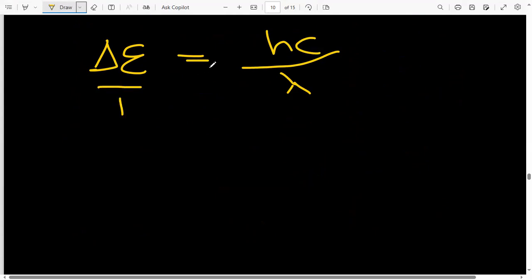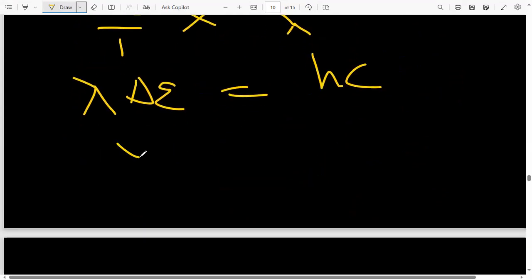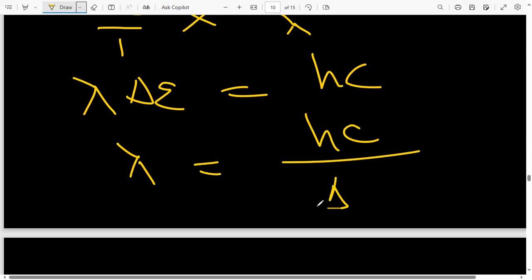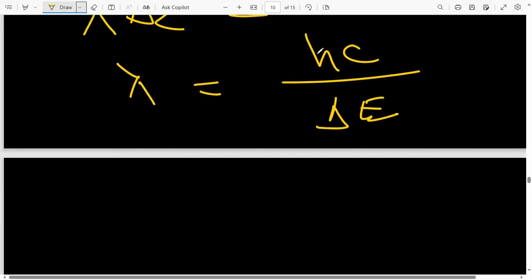So we are going to say over 1, cross multiply. So this multiplied by this, we are going to have the change in energy is equal to HC. And then we can make this the subject. So this will just be HC divided by the change in energy. So HC, guys, this H here is what we call Planck's constant. And then C is just the speed of light. We all know the value of the speed of light. So H is Planck's constant. So it has a constant value of